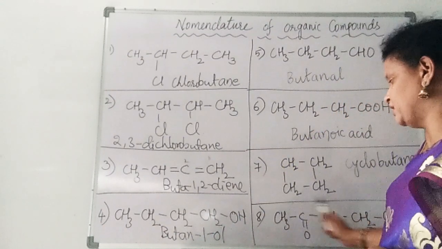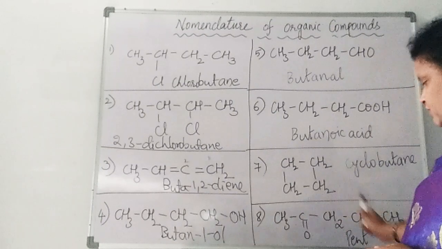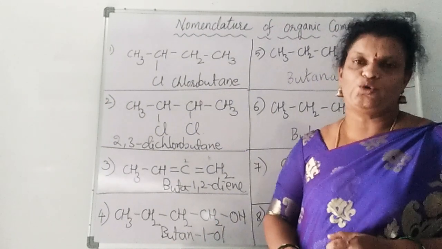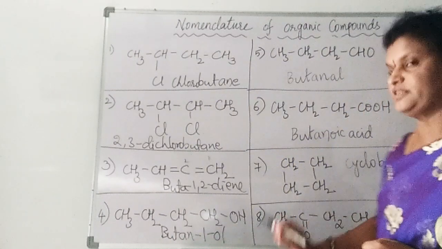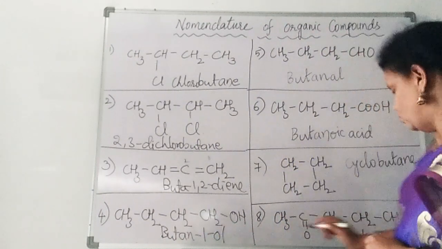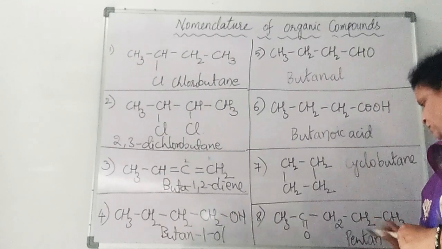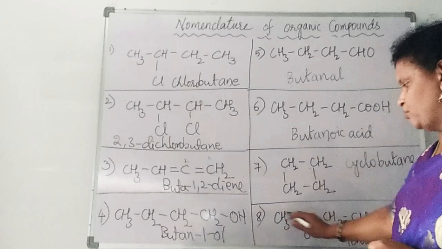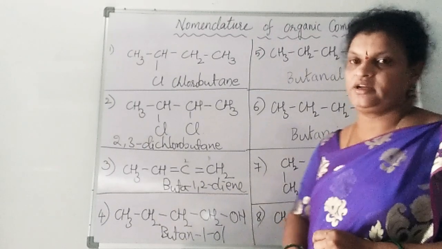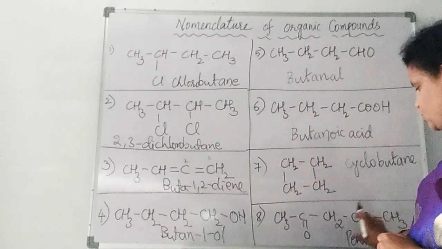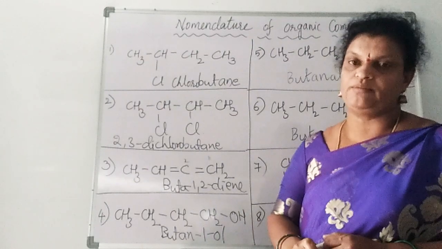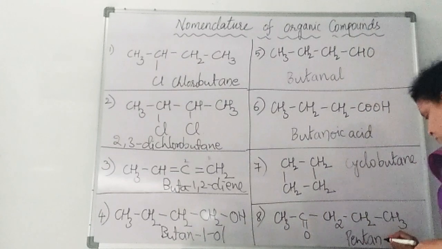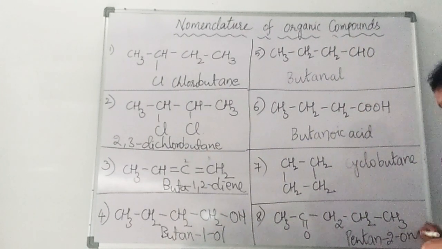So both sides have alkyl groups, one side a methyl group and one side a propyl group. So we will identify this as a ketone. Right. So for ketone we will write the secondary suffix as -one. So pentane. On which carbon do we have this functional group? We have it on the second carbon. From this side if you count, it becomes the second carbon. From the other side if you count 1, 2, 3, 4, it becomes the fourth carbon. Again we have to follow the least number rule. So that is why we will write pentan-2-one.